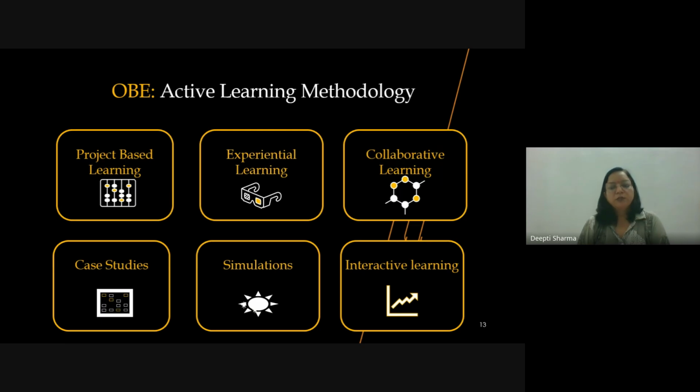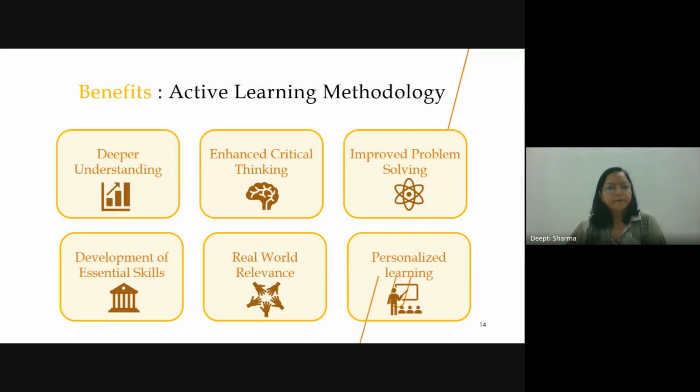Interactive learning means students are actively participating in the teaching-learning process. They are asking questions, demonstrating things, and practically evaluating them in the lab sessions. They are also asking questions of the mentor. So these are the interactive learnings. So here comes the fact of how active learning methodologies